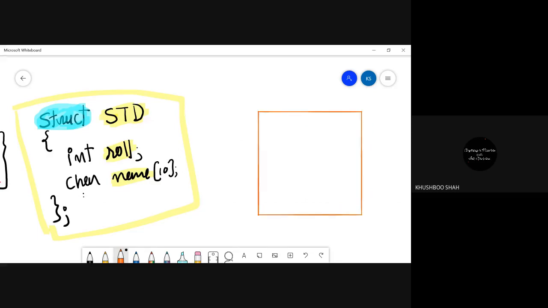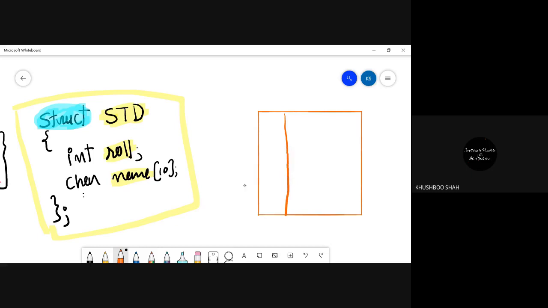In this table, roll number occupies how many bytes? Integer occupies 2 bytes. Let's just assume 2 bytes. The line doesn't come out straight, but it will do.